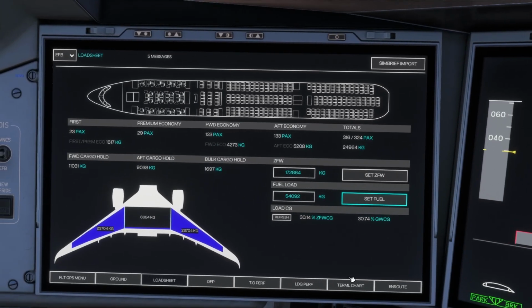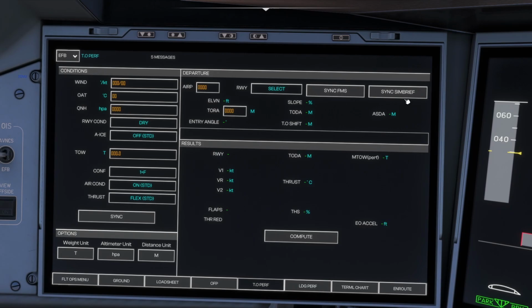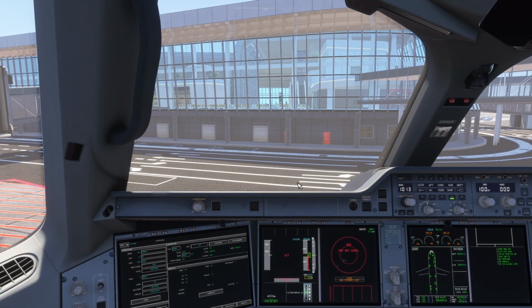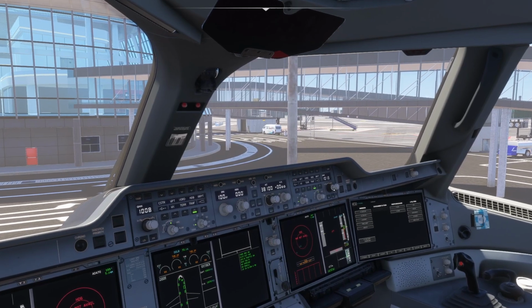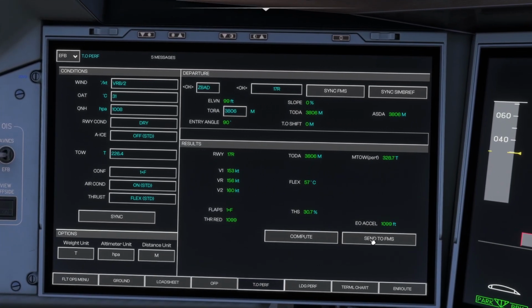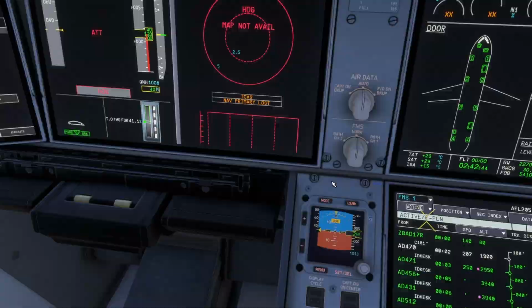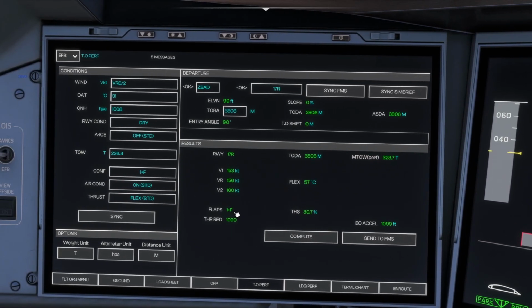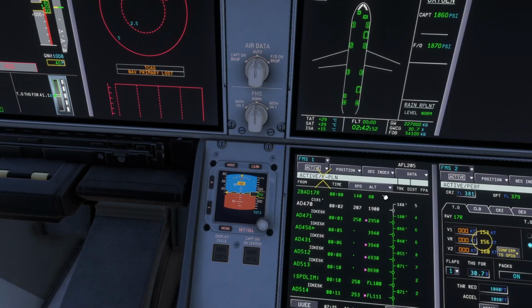The takeoff performance, we'll go ahead and go over here. Sync the sim brief. And the QNH is 1008. So I'll set that. Nice. So we are using flaps 1 plus F, flex temperature 57, 153, 156, 160.